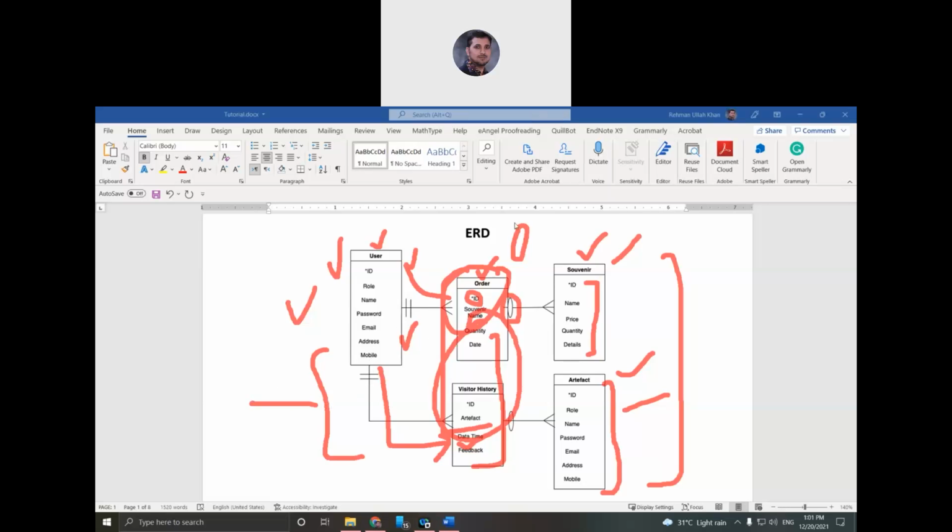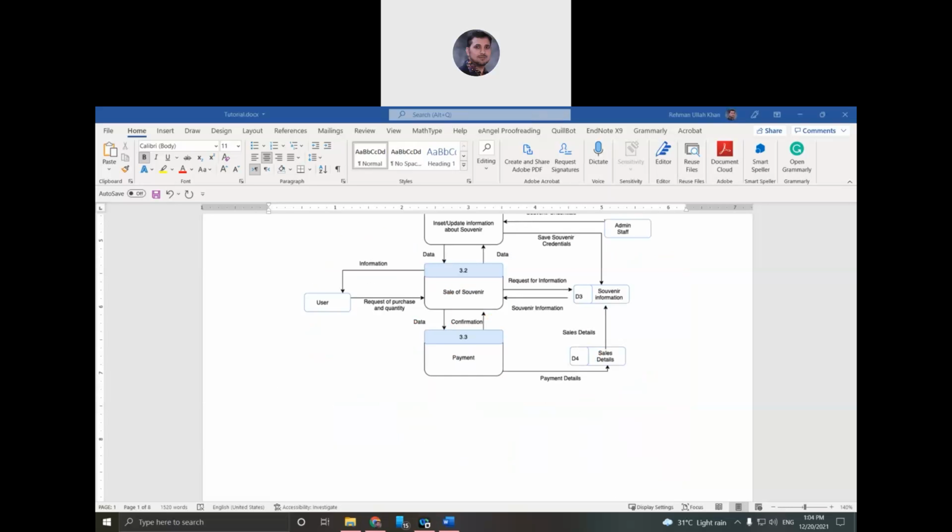Regarding your question that we should include a database for purchase history, then we should create another entity. You see, actually it is there. If you see here, I have added as an entity here sales detail. So sales detail is actually a purchase history. Sale and purchase are the same thing. I have used the word sale.